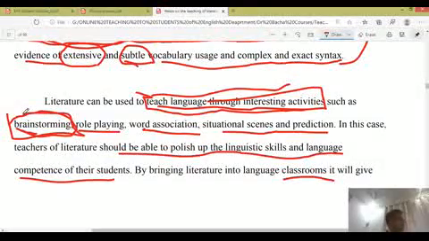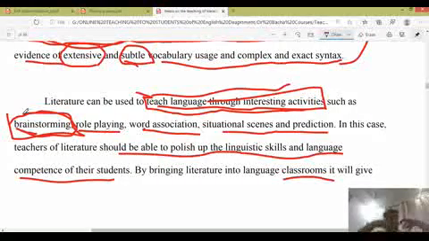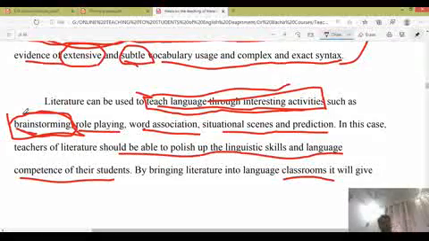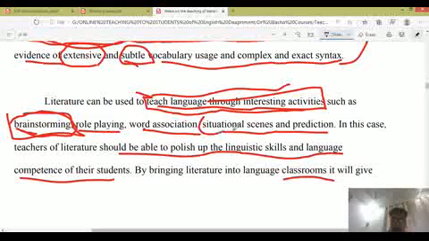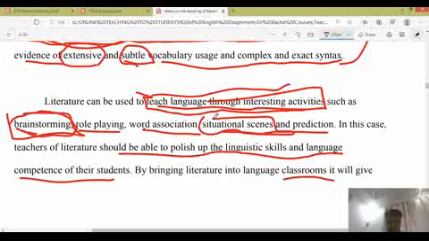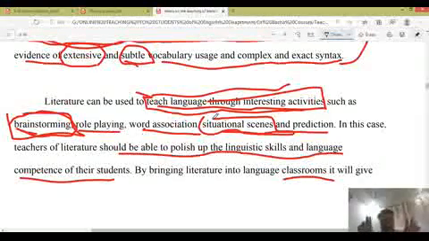You give the students time to brainstorm. Role playing, the students can be given different role plays. And word association, you can ask them to associate different words with different words. Situational scenes can be created through the use of literature, and different situations can be created, and even prediction. So in this case, teachers of literature should be able to polish up the linguistic skills